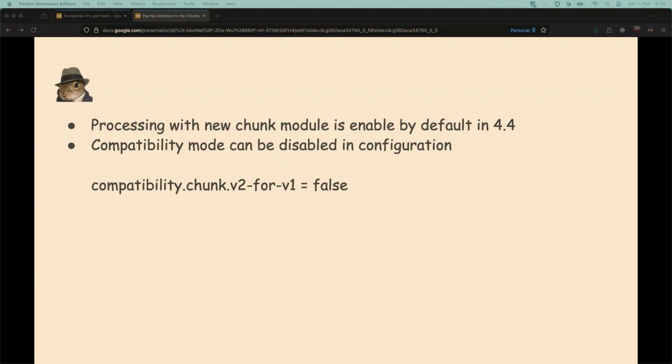Because there's a possibility that it has regression bugs, and it likely has. You can always go and disable it by changing that configuration from true to false. So now it ships with true. And as you can see, naming things is difficult. Pre-process 2, a good example. V2 for V1, another example of how naming is difficult.